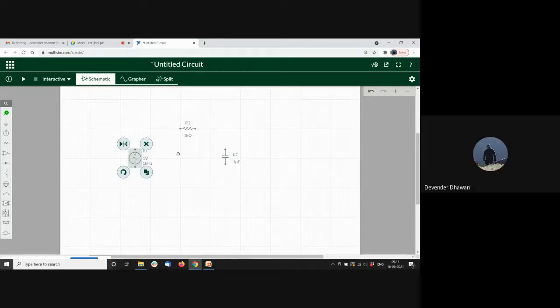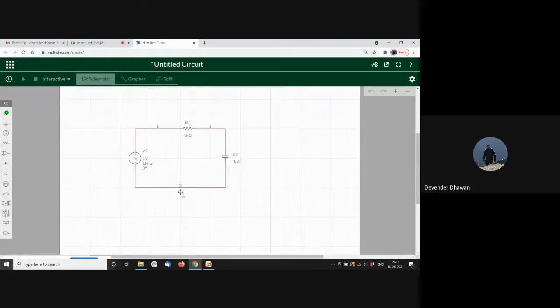Now it's okay. So for any low pass circuit, we need these three components: resistance, capacitance, and an AC supply. And we will also need a ground. Then obviously some probes. So let me just quickly connect this. Then obviously we are trying to make a first order low pass circuit here. So that is why there is one set of RC here. Otherwise we can put two RC circuits here to make it a second order, and then for third order, three sets of this. So let me just quickly make it.